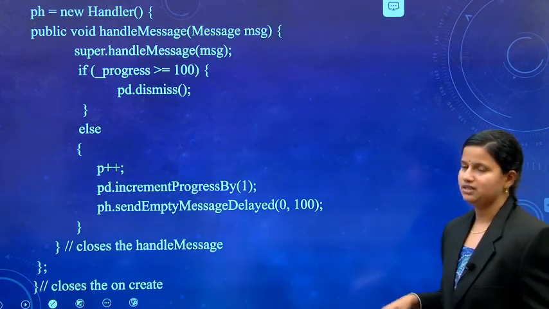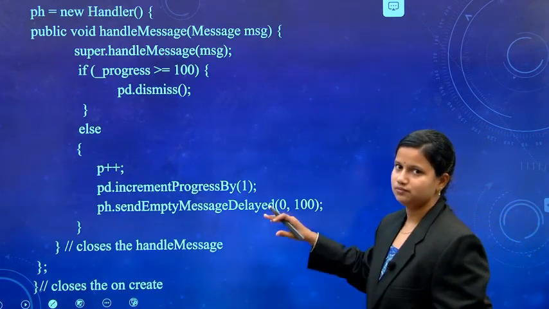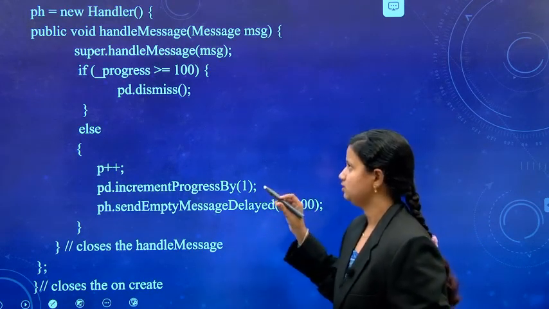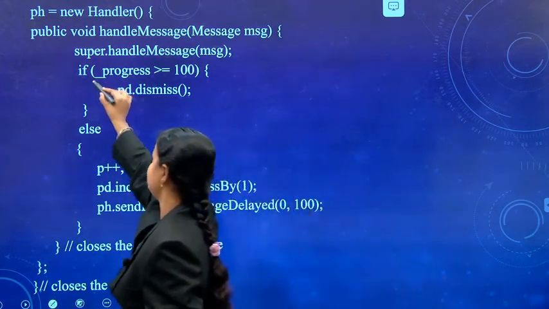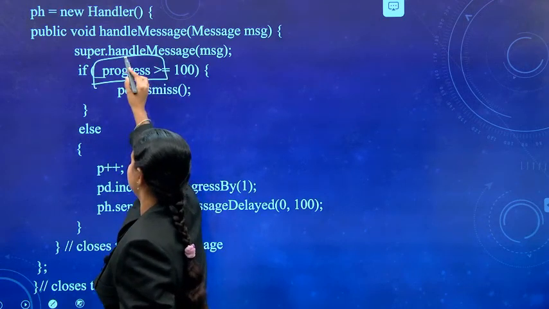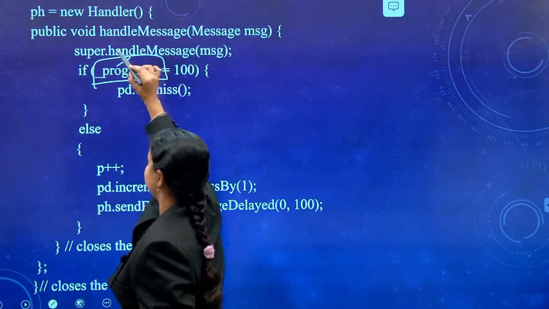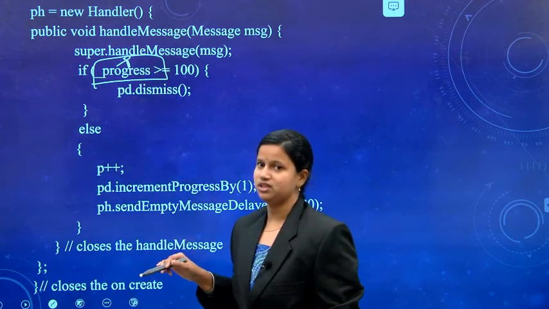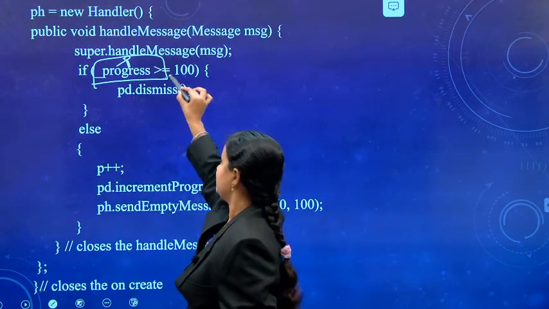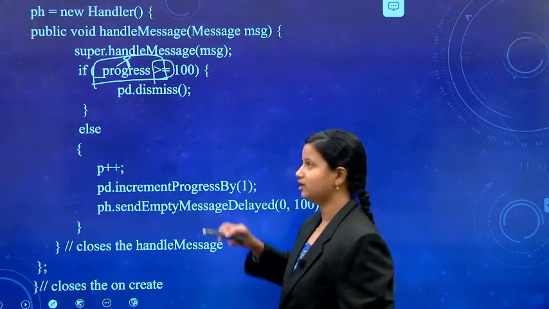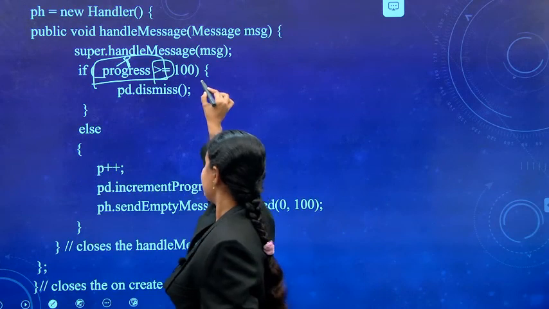So, ph handler. What is the use of this ph handler? It is to verify the progress status. This is not a progress, this is a p. So, if the p value, that means the p integer value, reaches greater than or equal to 100, what is the action we have to perform?